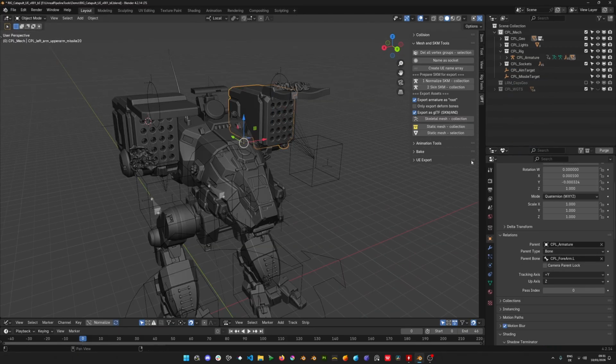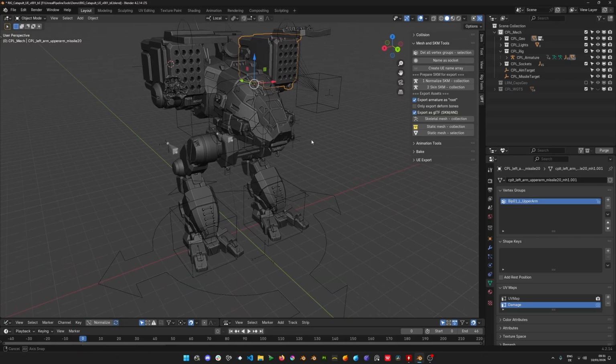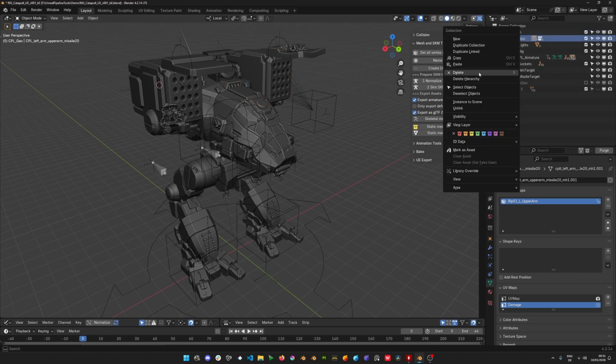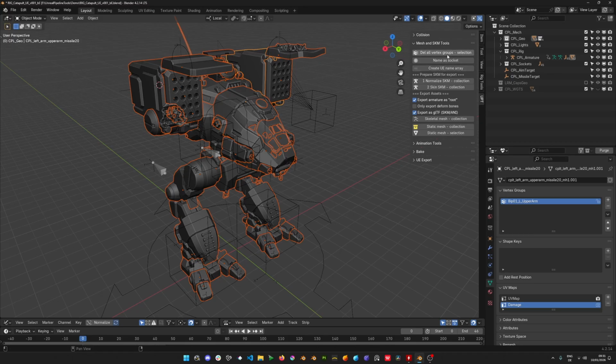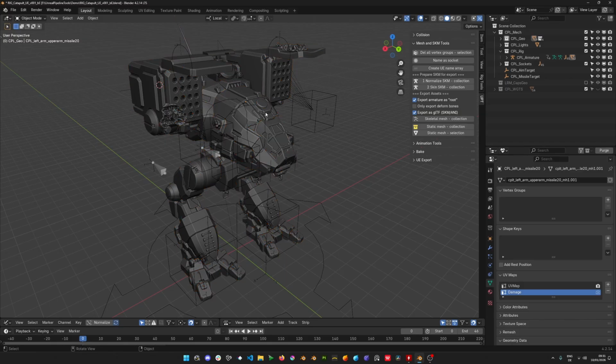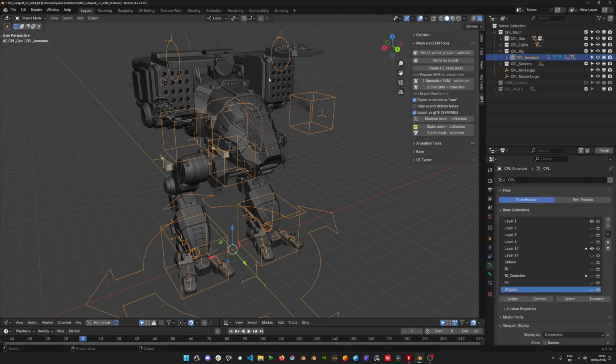And as this model has been imported from a game, there are vertex groups which we do not need yet, and in order to keep things tidy and clean, there's also a function to delete these vertex groups which we don't need yet. So we select all our geometry, right-click, select objects, delete vertex groups, and these vertex groups are gone for all the selected objects. The rig is still functioning because as I said, these objects are parented to bones,